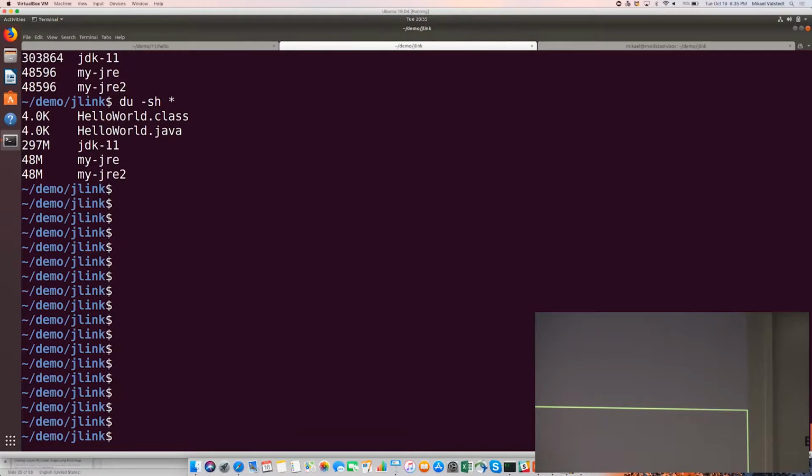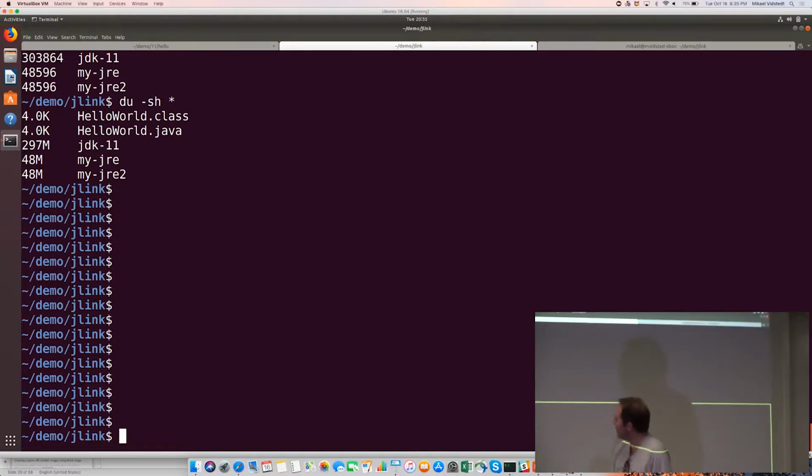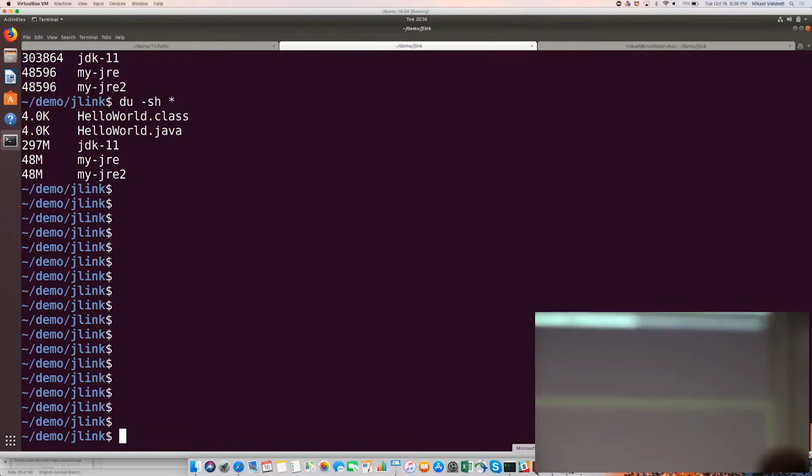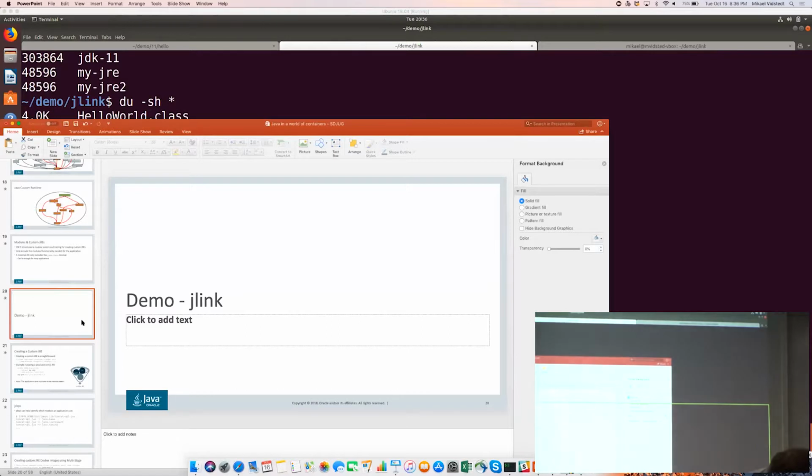Perfect. So what we started out with was the JDK. I mentioned that it's relatively large. It's 300 megs in this case. There are different package versions of it, but let's say 300 megs. And if you create your own JRE, you end up with something that is 48, 49 megs in size, something like that. So that's obviously much smaller. So let's go into a bit of why you would maybe want to do that and what else you can do.